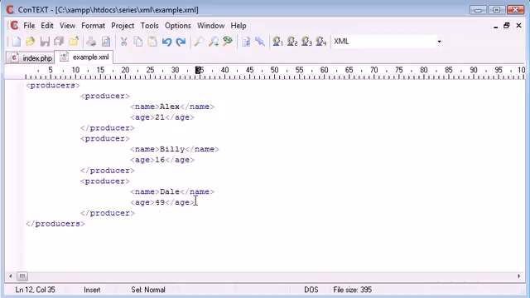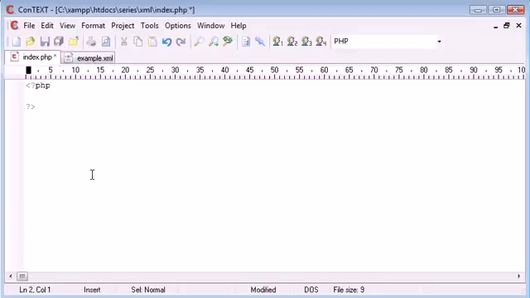So what we can do, inside PHP, once we've opened this XML file successfully, is say grab the age of the first producer or the name of the first producer, and vice versa. We can say name and age for the second producer or the third producer. And what we're going to be doing inside our index.php file is loading this file in and accessing it as if it were an array. We're loading this in as an array, if you like,